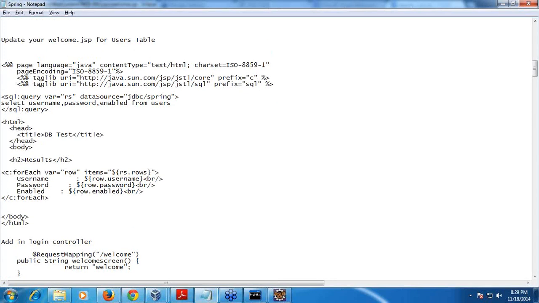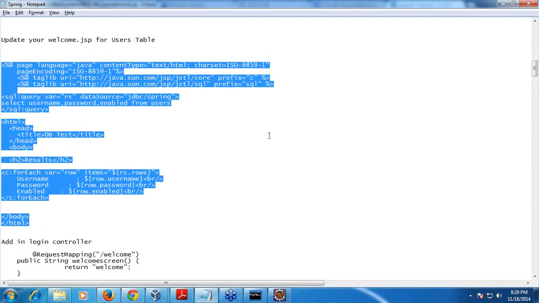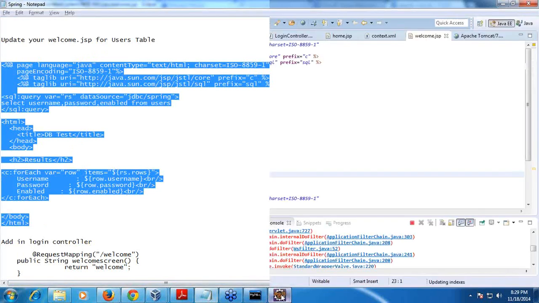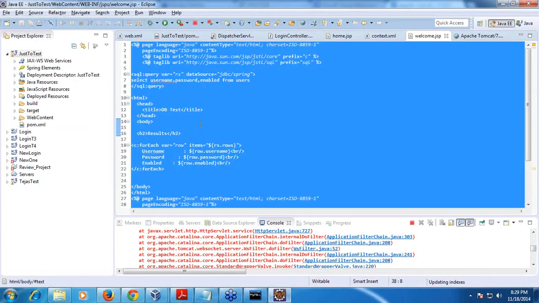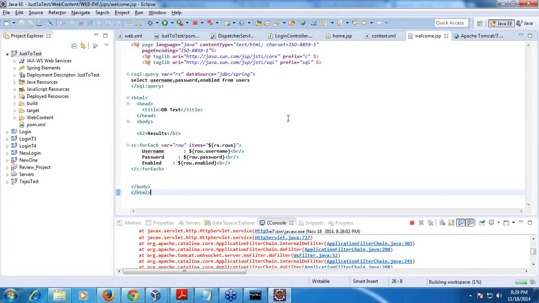Let me just copy this again. Let me check my luck, right? I think I didn't delete it. I didn't override it. Is it? It looks like I just added it.